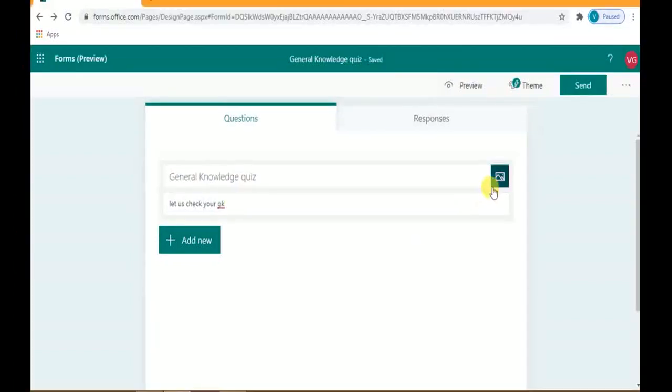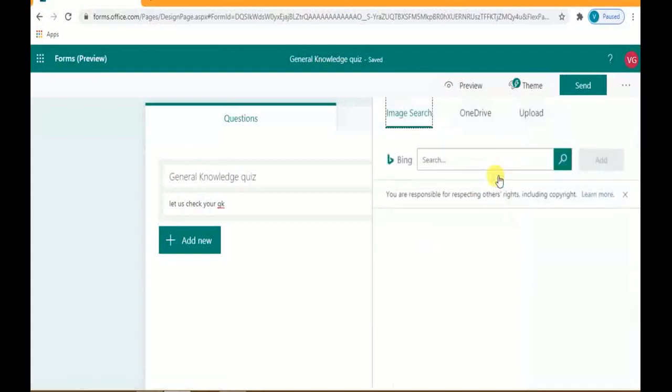If you want to add the logo of the college, or if you want to add some picture related to the quiz, you can click here to upload the image. It will show you three options: image search, OneDrive and upload. In image search, you can search the image from the Bing search engine, or if you have the image on Microsoft OneDrive, you can load from there, or you can upload from your computer.